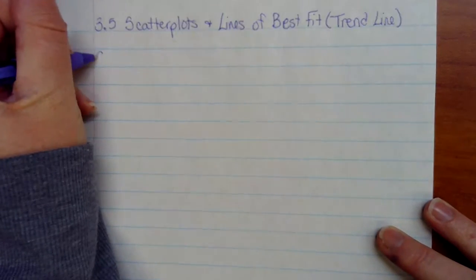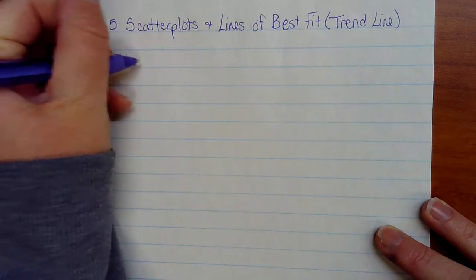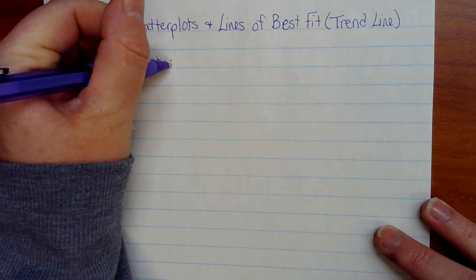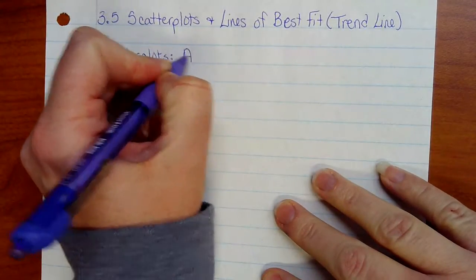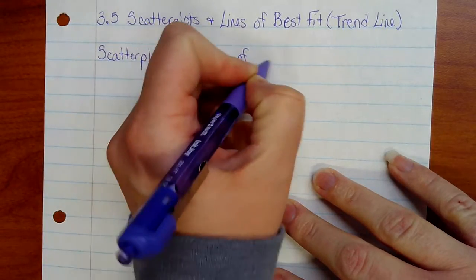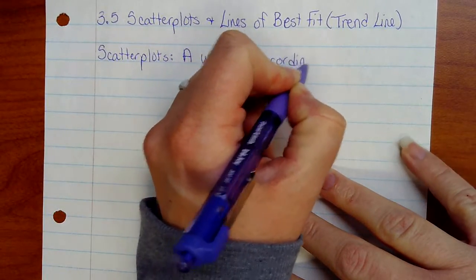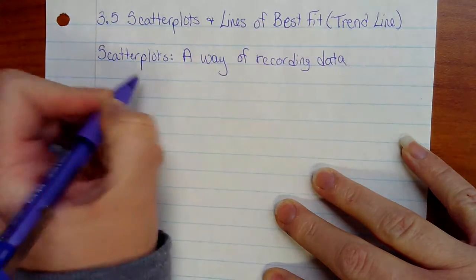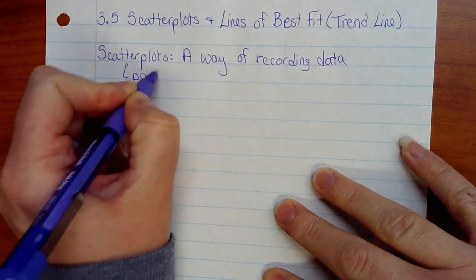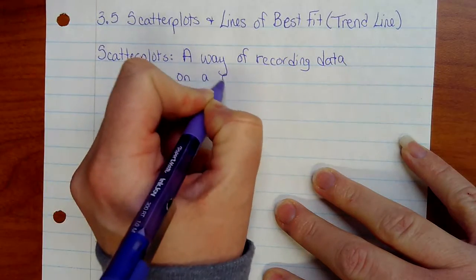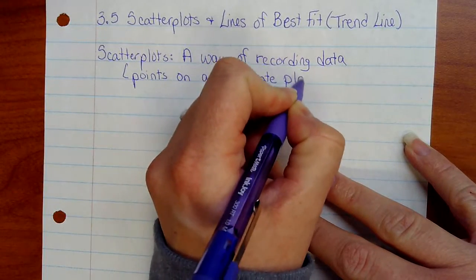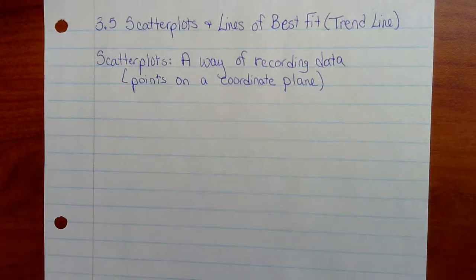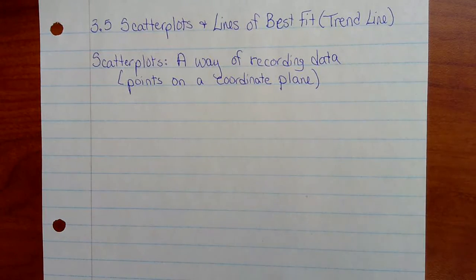So what a scatter plot is, we just got done talking about functions and stuff like that. And scatter plots are one way to either show a function or show the data. So it's a way of recording data. And how we record this data is as points on a coordinate plane. So a scatter plot is just points. Now you do not connect these points. So don't play connect the dots. You just take a look at the points and leave it as points